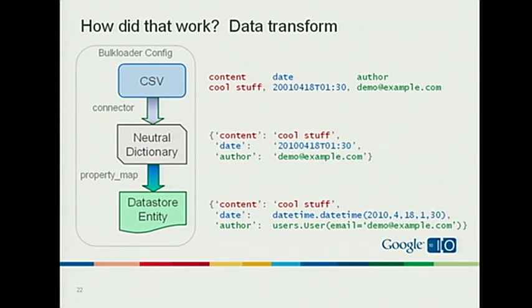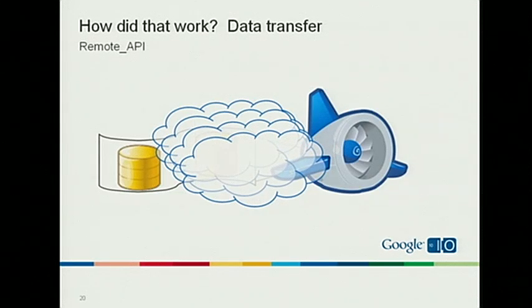Again, a string, a date, and a user property. The next phase, as I mentioned earlier, we've run this on the client workstation, and now we're going to upload it to the server. So this uses Remote API. Many of you are probably familiar with this, but basically every single API call in App Engine, in fact, is an RPC. So what Remote API does is we're actually running basically the full App Engine stack, similar to the Dev App Server, on your local client workstation, and the data store calls are remoted using Remote API to the